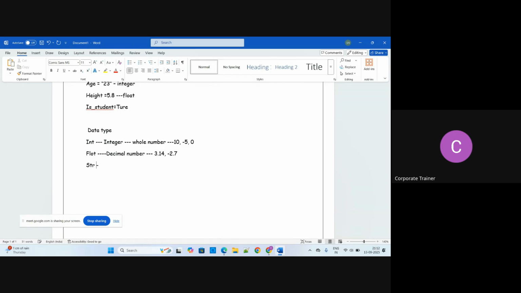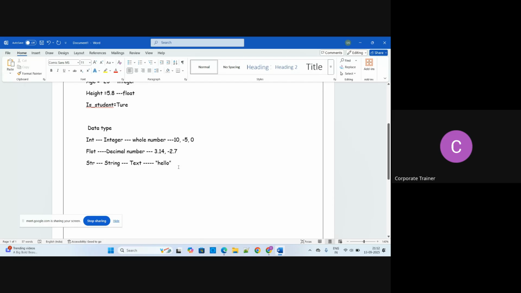This is the string, whatever you write in text format. It is like hello. So this is a string. Whatever you are writing in text, you can define as a string.